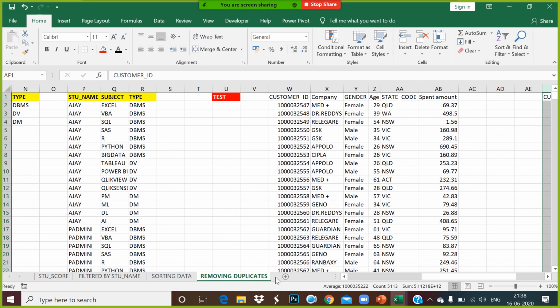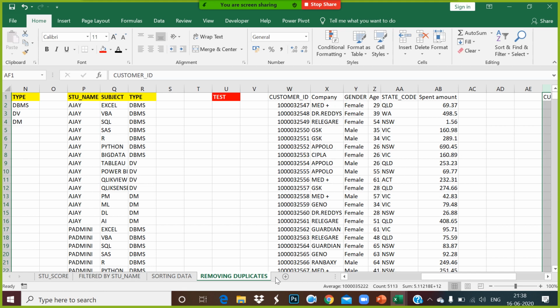What is the question, Dinesh? Yes, sir. So what if one customer ID is having a different company name? Suppose the same customer ID has two different companies. It is duplicate. But when we compare with customer ID and company, it is not a duplicate, right? If you compare with customer ID and a company, it is not duplicate when you consider the corresponding field. But identifying by customer ID, it is duplicate. From the customer ID perspective, that is duplicate.